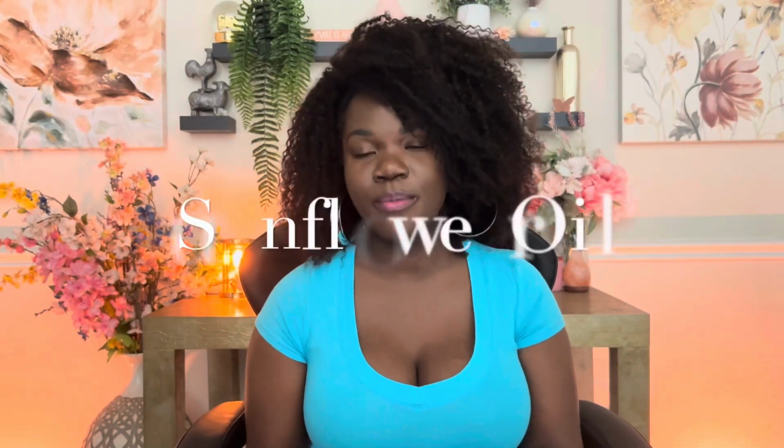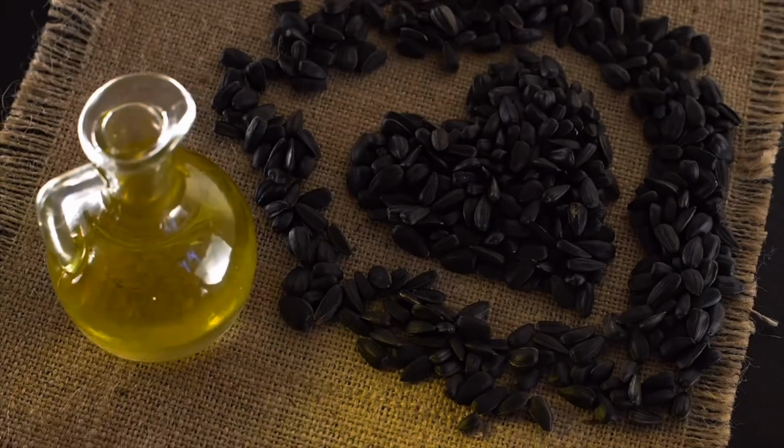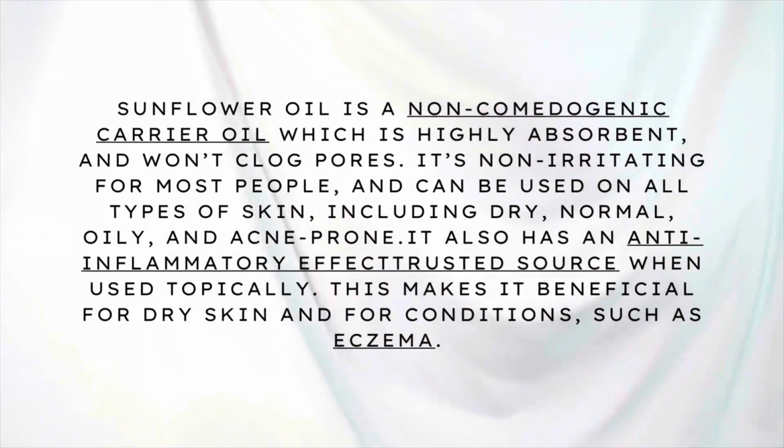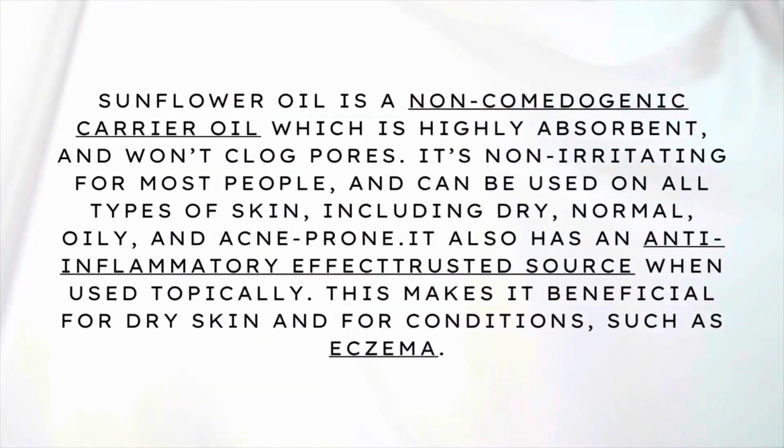The next ingredient is going to be sunflower oil. Now with sunflower oil, it's going to be a really lightweight oil, so it's going to really pair well with the hemp oil and just really help balance it out as a carrier oil for this formula. Sunflower oil is really great at unclogging pores. It's really full of vitamin A, C, and E, and it just really helps to nourish your skin,